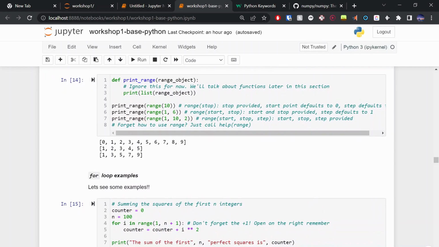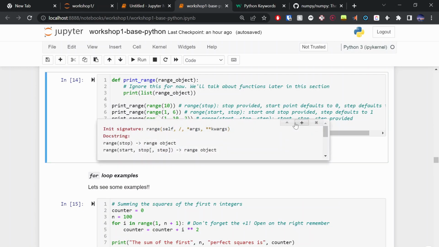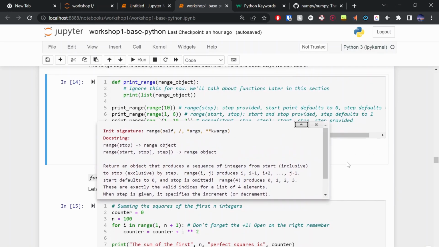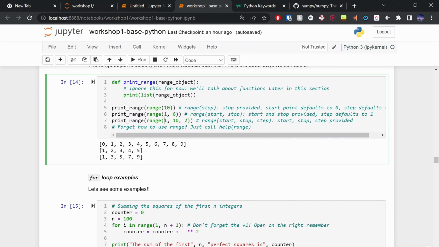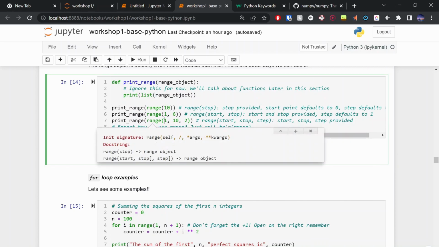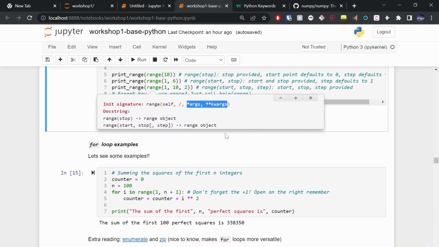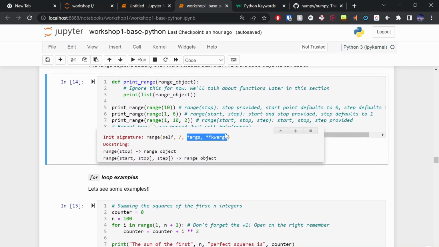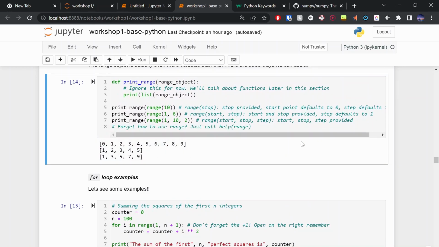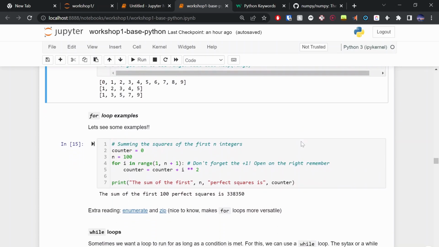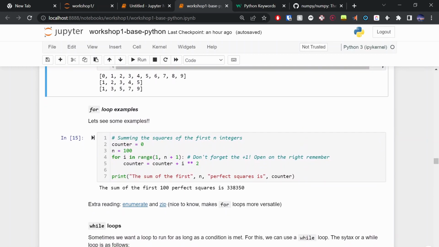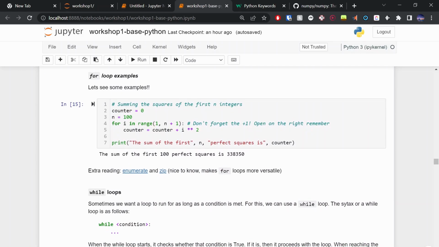If we want help on the range function, we click into the range function, press Shift-Tab, and look at that. Some handy-dandy help documentation right there. Now, sometimes reading help documentation is a bit of a skill. Sometimes you'll see args and kwargs and stuff that just looks a bit weird. It's kind of advanced usage, I guess. But the nice thing is to just get familiar with reading help documentation. I think it's a good skill to have. Otherwise, it's a lot of Googling, and it's pretty difficult in that sense.